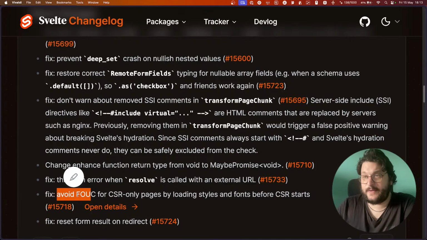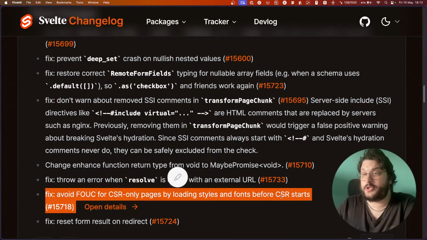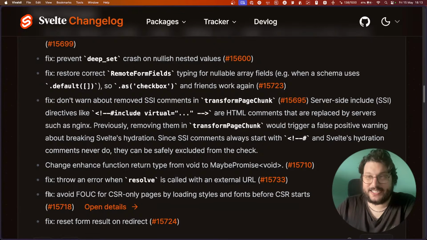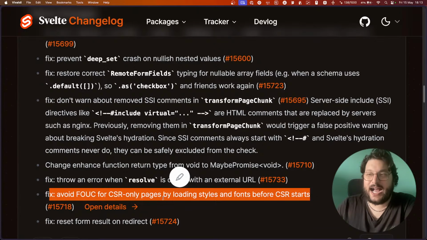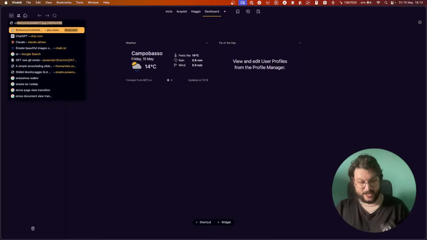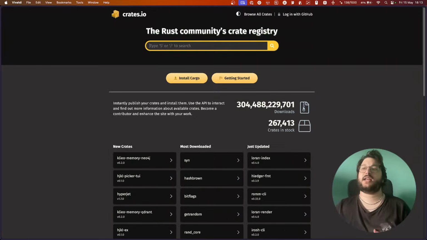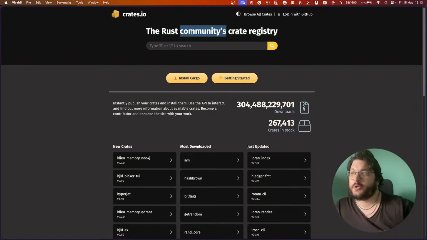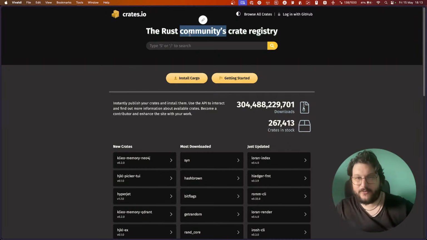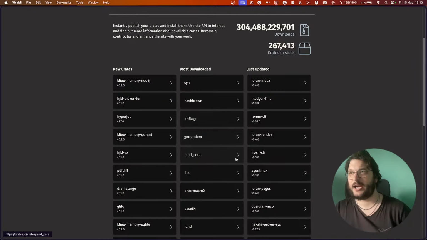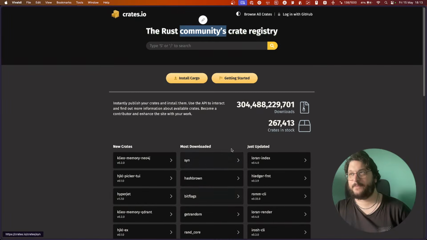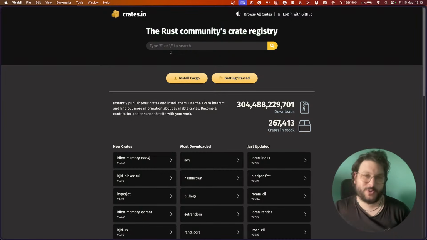Avoid flash of unstyled content for CSR only pages by loading styles and fonts before client-side routing starts. Also, nice thing, I got signaled this bug, and the reason is that crates.io, which is the Rust community crate registry, basically npm for Rust, like this is all the Rust packages, this website now uses SvelteKit.